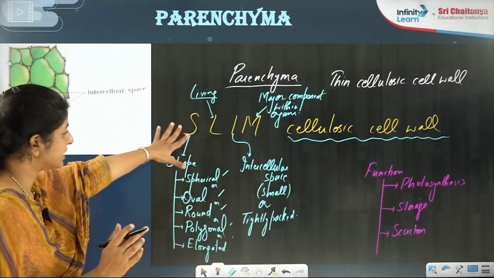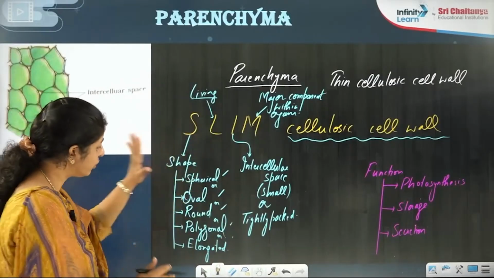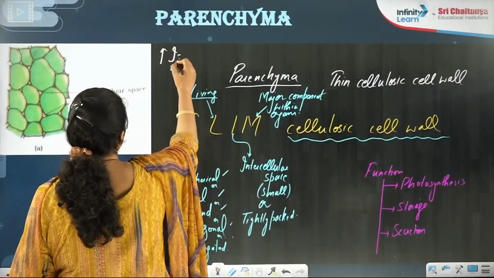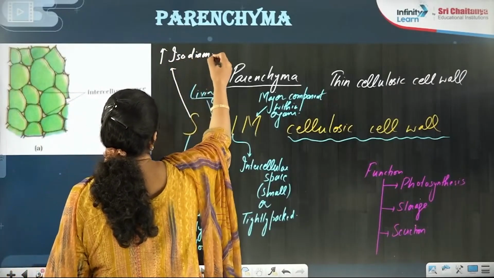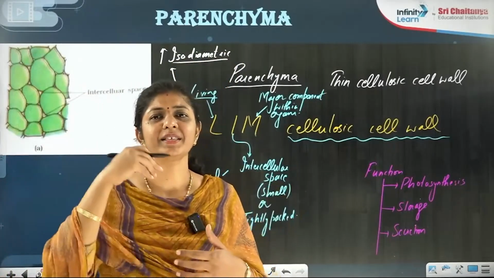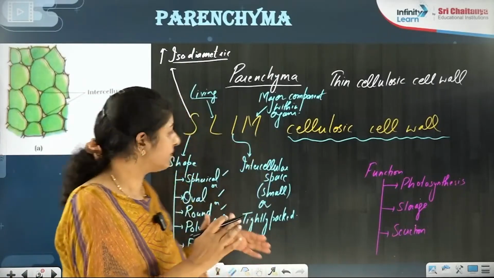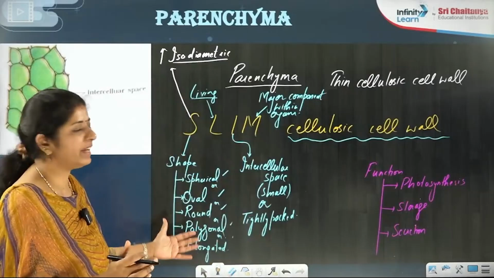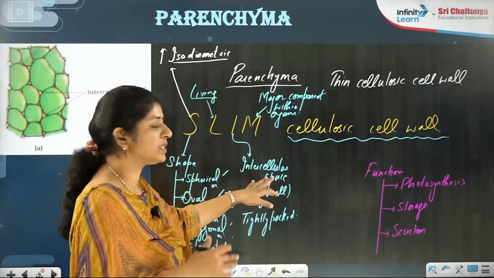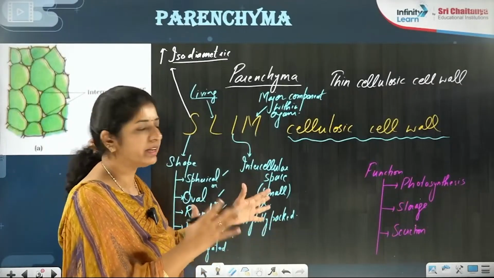So for parenchyma, in this mnemonic, S stands for their various shapes, all the shapes will come. But do remember that in most cases, it is isodiametric. Isodiametric means it has equal diameter in all directions, roughly spherical in shape. Mostly that will be the shape. Otherwise, the others can be found too, right? L stands for living, as I just said. I stands for intercellular spaces, which are small or maybe absent. Absent means they are tightly packed.